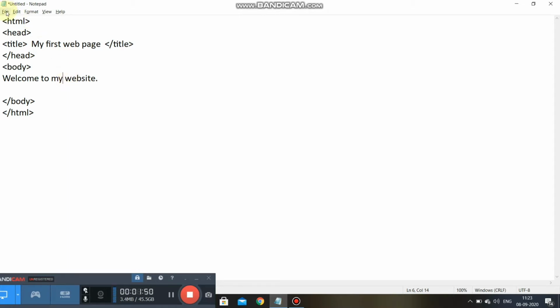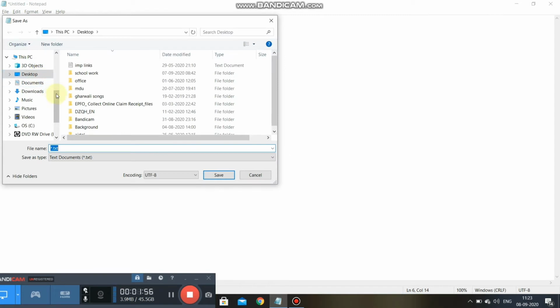We'll go on file, then click on save as. I'm saving this on my desktop. Then I'll write the file name. You can see by default the extension of Notepad is .txt.